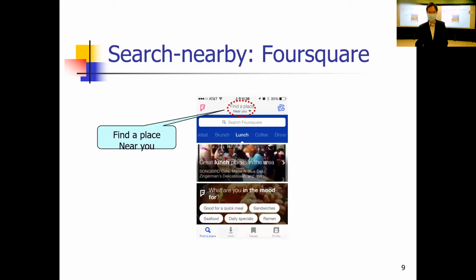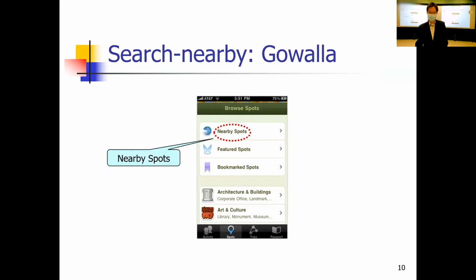The other one is Foursquare, also common in the United States. We want to find a place near you. And also Goala, where we want to find some spot near my current location.